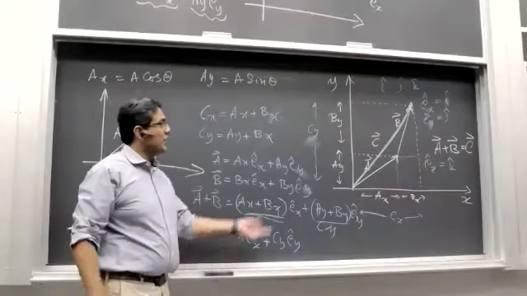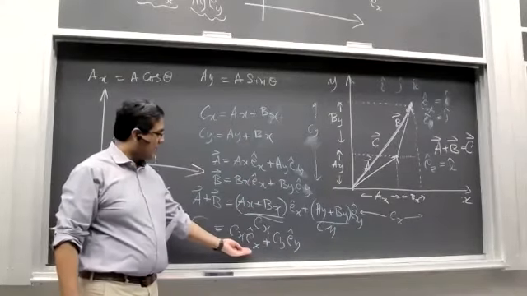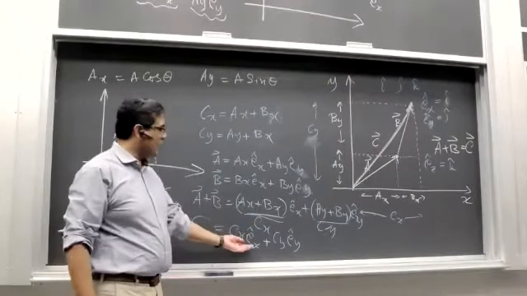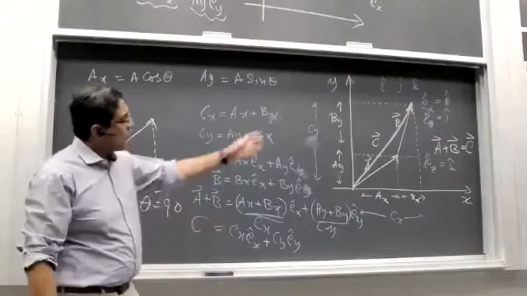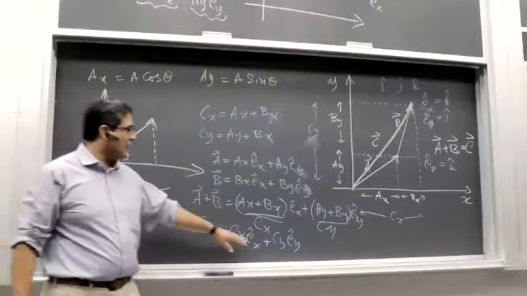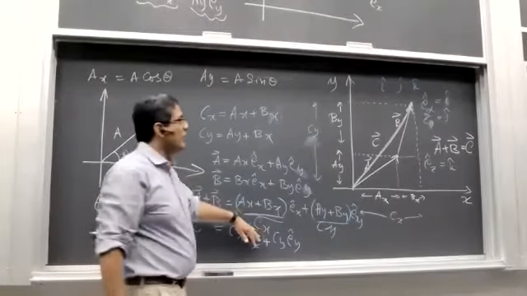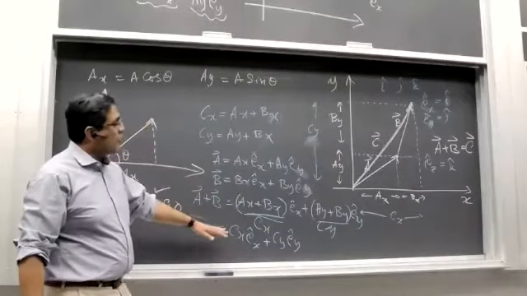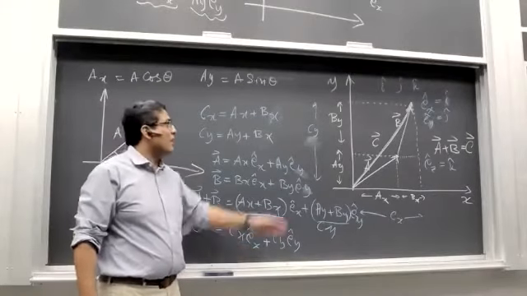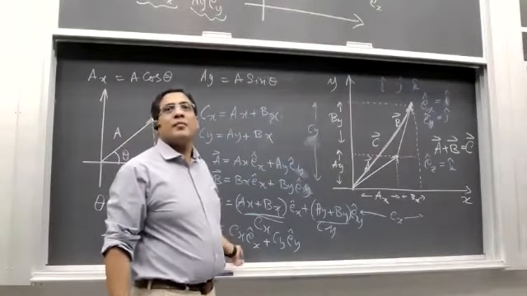If you like working with I, J, K, you can always use them with hats in place of Ex hat, Ey hat. This notation is more general, but it's fine if you like to use I, J, K. And we would have some more rules on Ex hat, Ey hat, and probably Ez hat. So whenever you are confused, don't need to be confused. Whatever rules we learn about these unit vectors in this notation, they apply to the IJK notation as well.